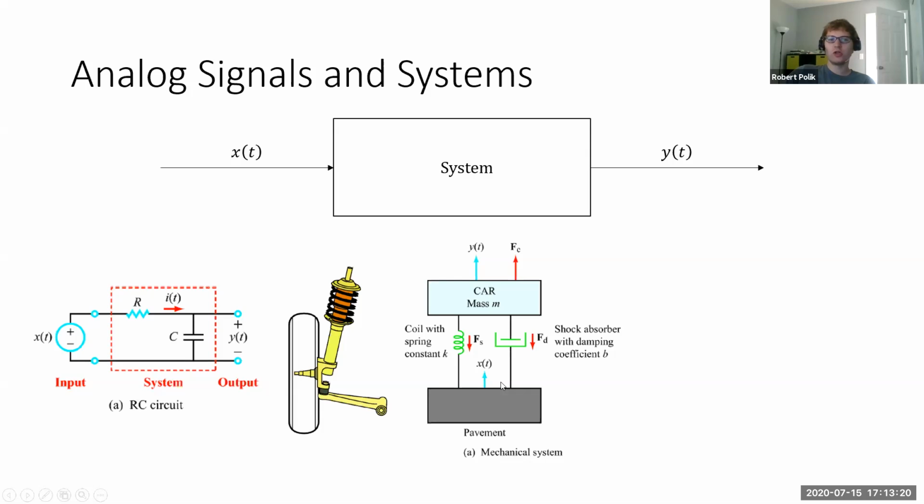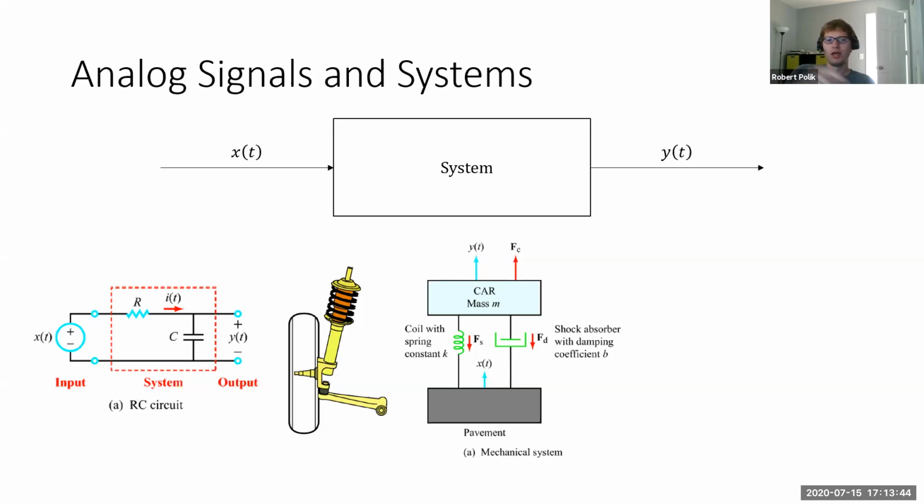In this case, the signal is the height of the pavement. The input signal is the height of the pavement, and the output signal is the height of the car. So you can imagine if you hit a bump in the curve, x of t will look something like straight up, straight. And so if you have no spring, if it's perfectly sturdy, the car will also go straight up, and your